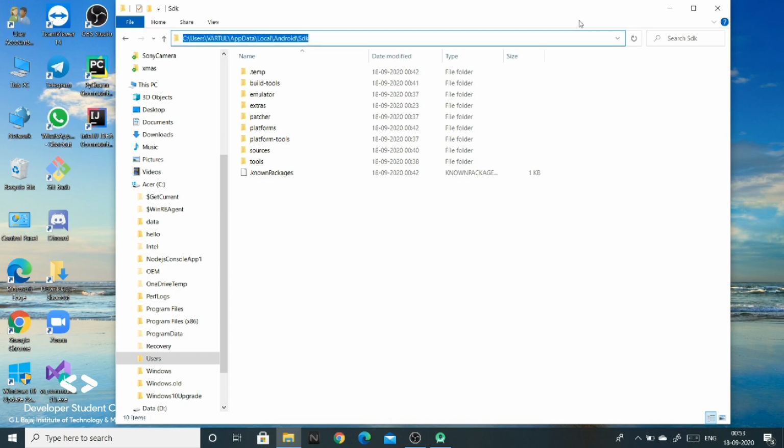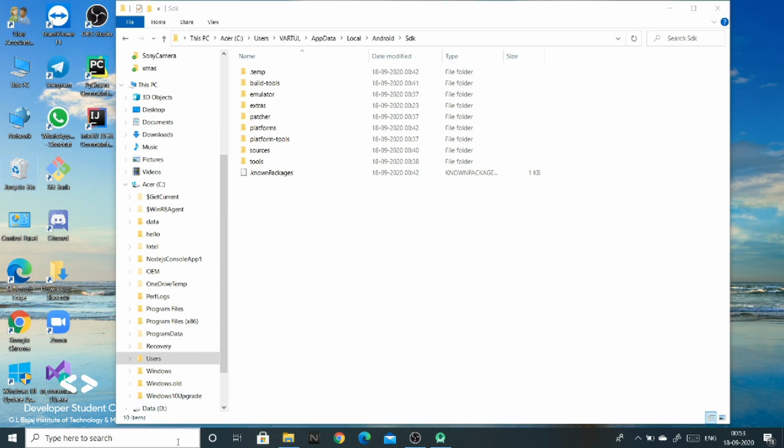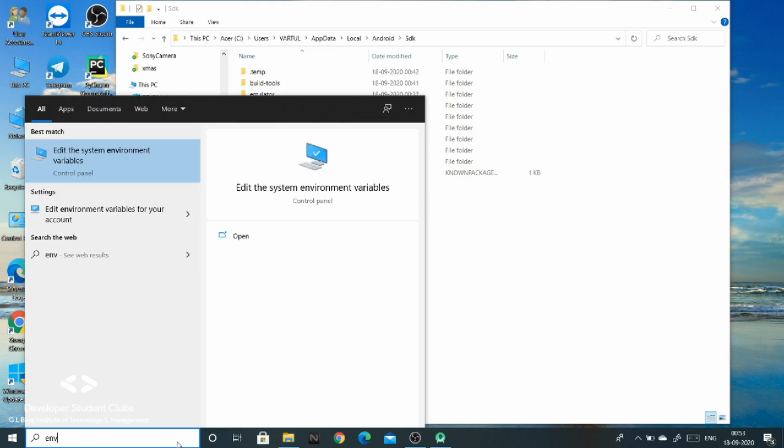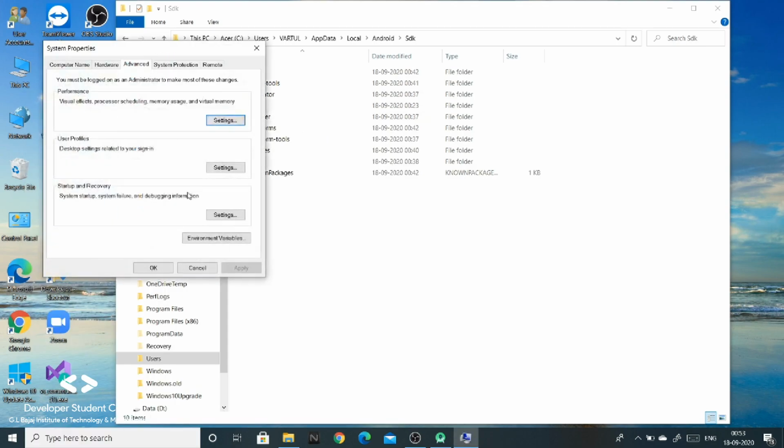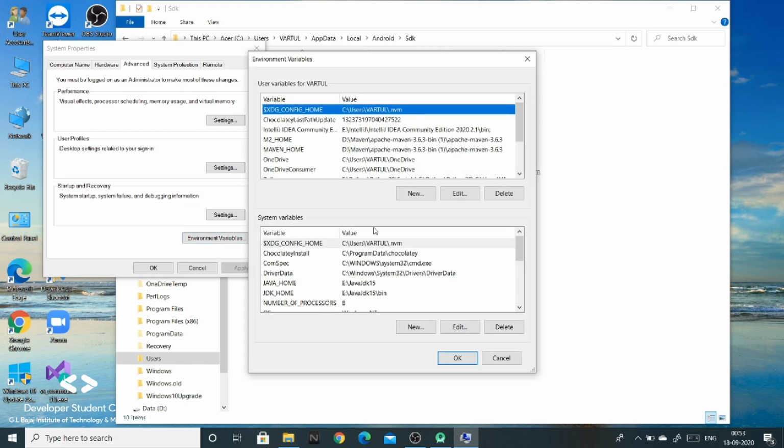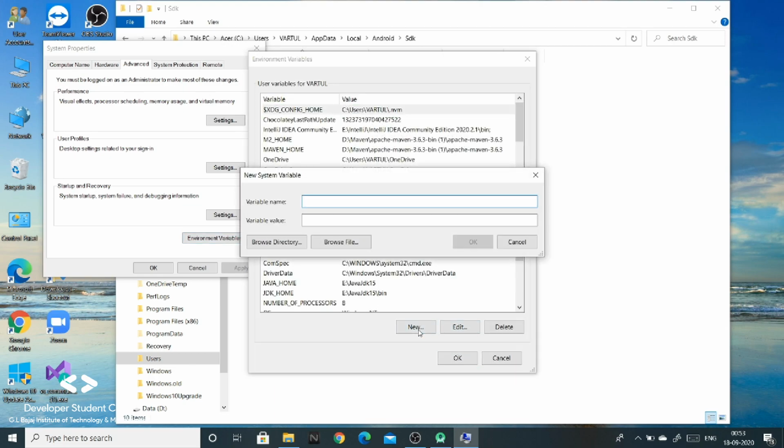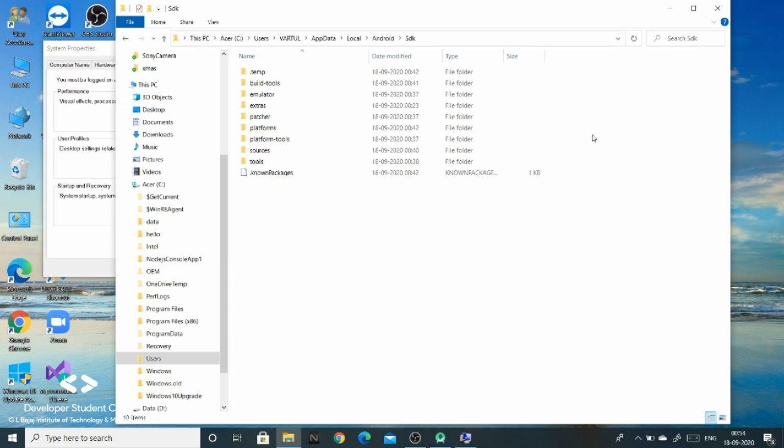Now we will be setting some environment variables just like we have done for our JDK. So let's open the environment variables, edit the system environment variables, click on environment variables and add a new one. Here we will be adding ANDROID_HOME, and the path will be up till SDK.